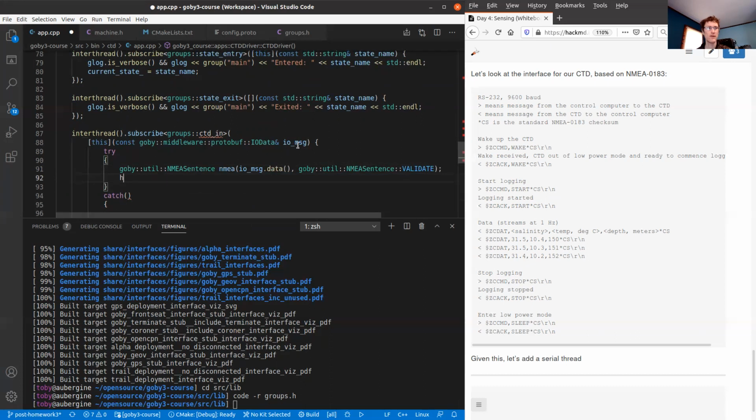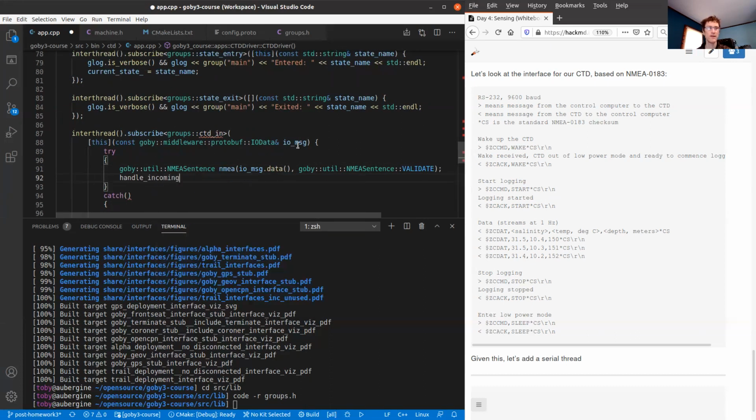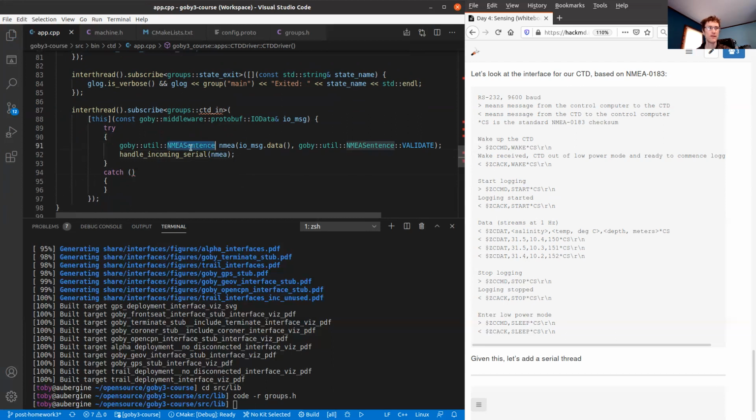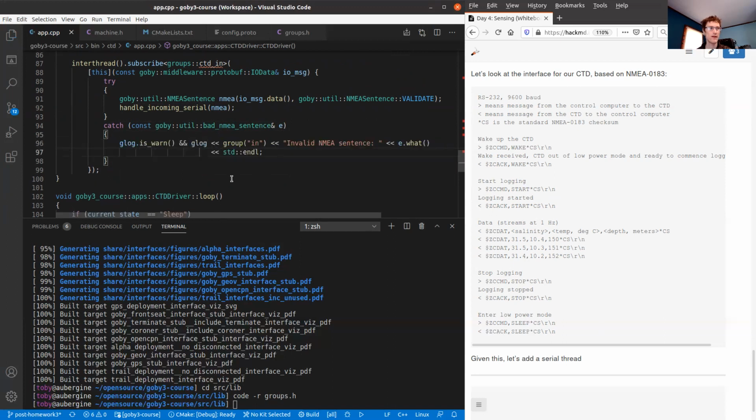And then once we've parsed this, we can call the handle incoming serial function I just declared. And the NMEA sentence can throw a bad NMEA sentence exception if there's a problem with the message. And in this case, we'll just write a warning to the log and continue on if we get a bad sentence